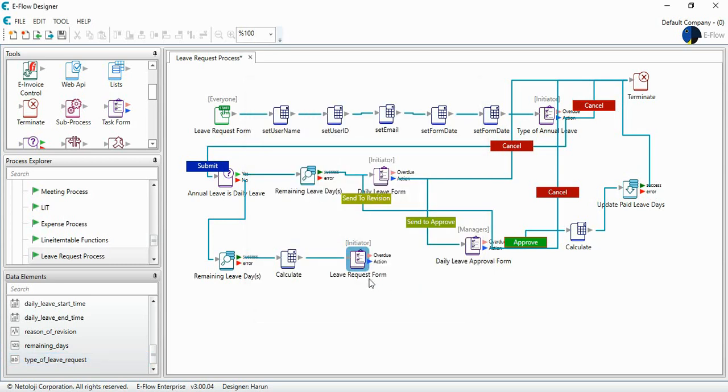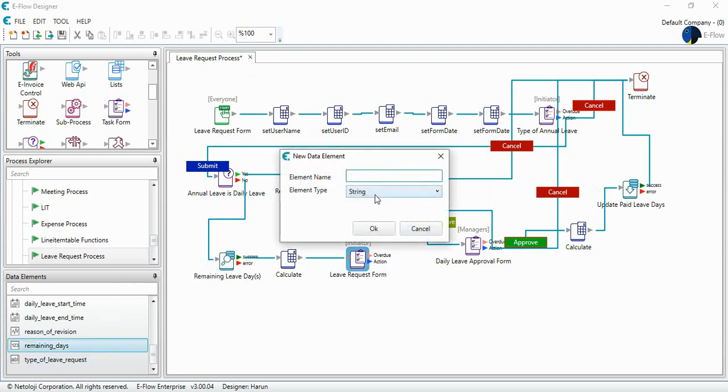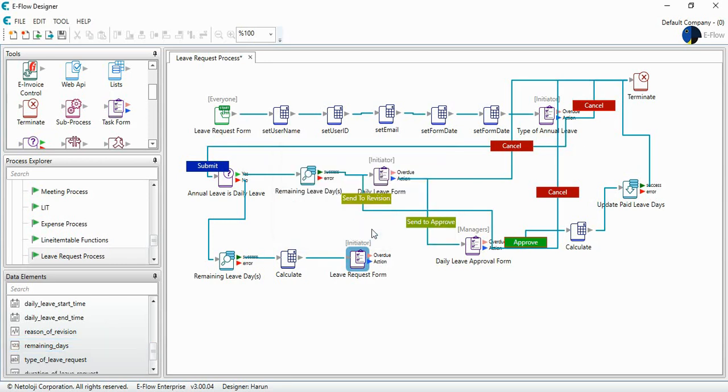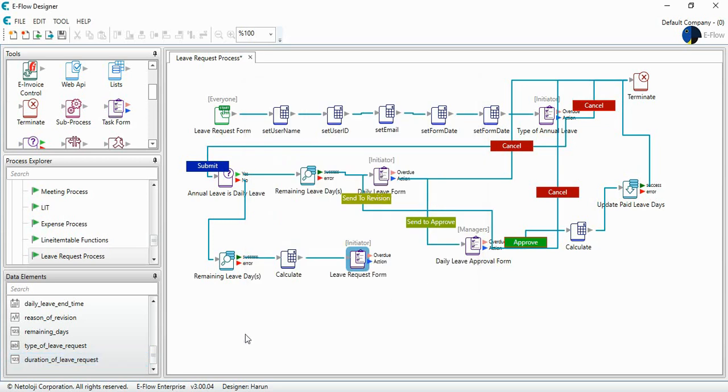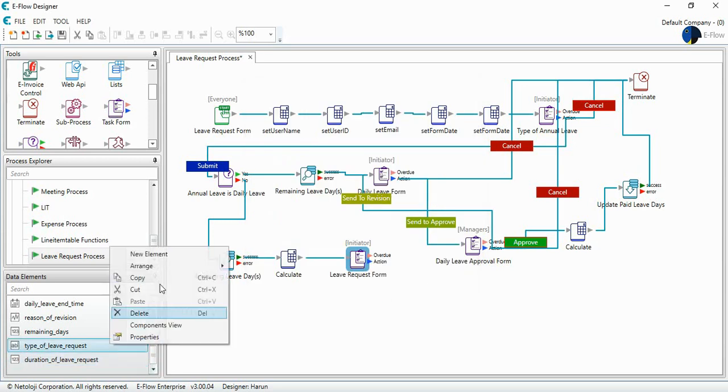Okay, so it will be drop down, and I can write duration of leave request. It will be numeric, and maybe here I can just write a help text mentioning that it will be day or days,